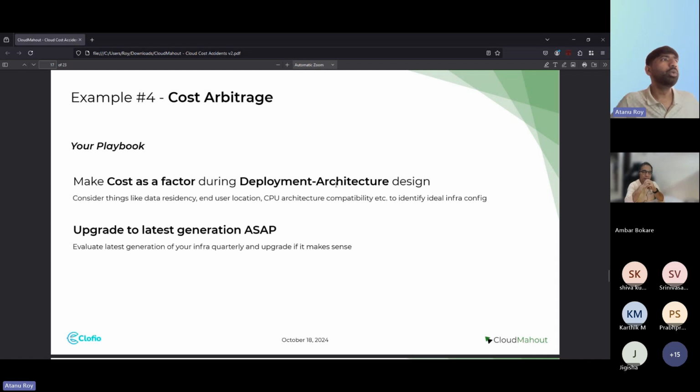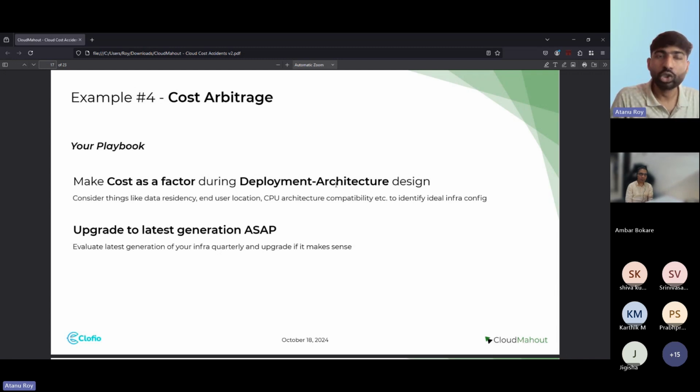Now let's come to your playbook, how you can do that. One thing we need to understand is that while generation upgrade is a little bit easier to do, because you can always upgrade in place, right? You just need to identify a downtime, you upgrade. But region changes are not that easy after you deploy your infrastructure, right? So for example, once you deploy in US East 1, let's say you think, hey, I'm paying 10% extra compared to Mumbai, now I want to move from US East 1 to Mumbai. Don't do that, because when you move your data along, you are going to pay for the